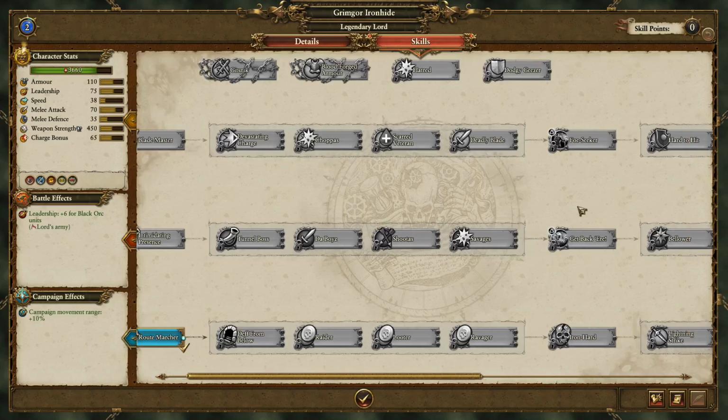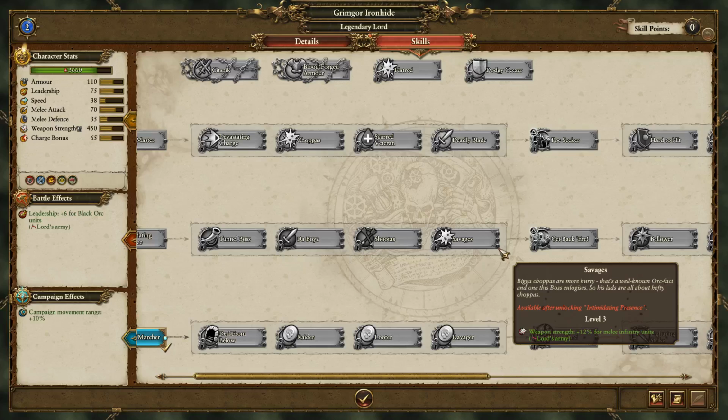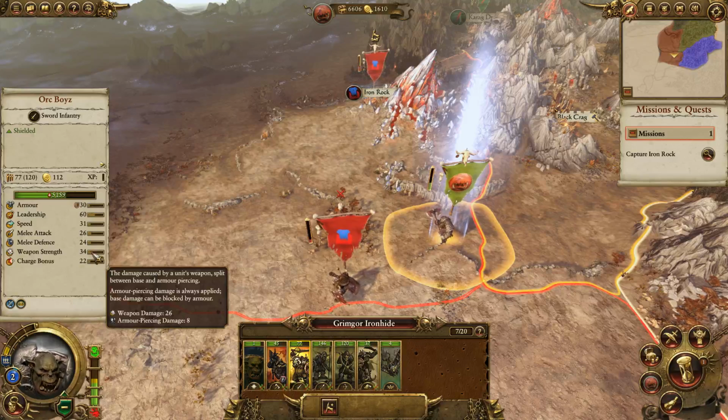Savages. This is quite good, especially later in the game. But keep in mind, this is a percentage bonus. This is not a flat bonus. So your percentage of 12% on all of your infantry units. So let's look at the orcs again. Your weapon strength is 34. So 12% of that is going to be, I don't even know, like 4 or 5 damage, something like that. The 10% would be 3.4. So yeah, somewhere between 3 and 4 damage,